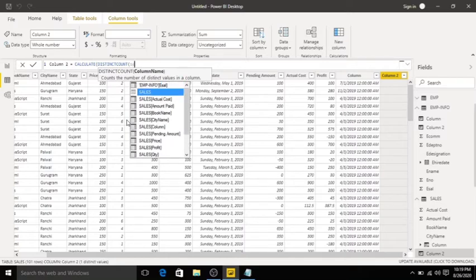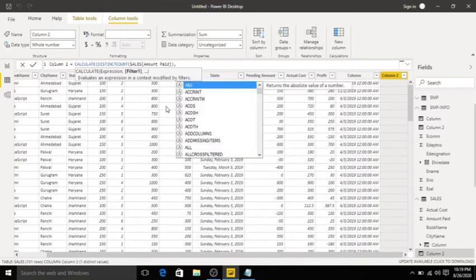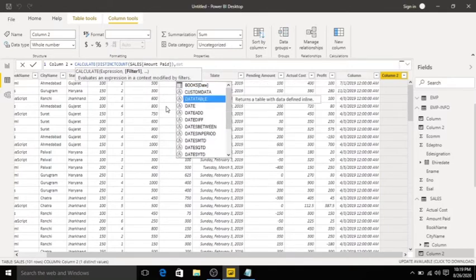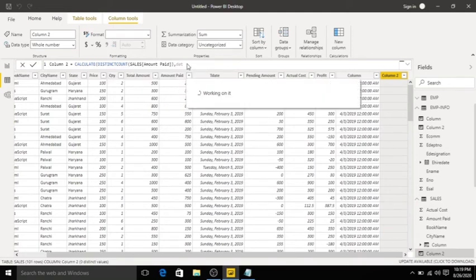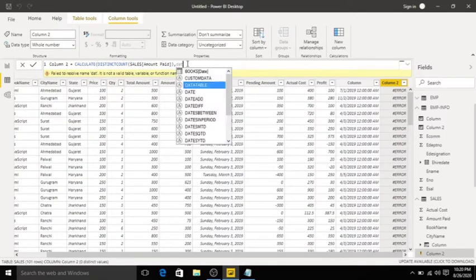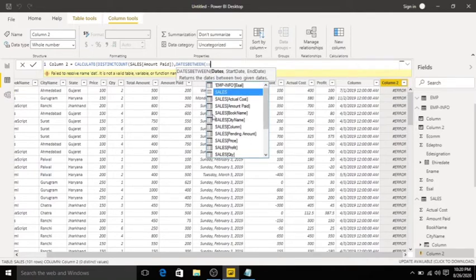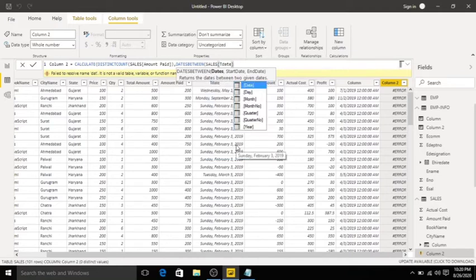Sales of amount paid I will provide, click tab, comma DATESBETWEEN, click tab, Sales of transaction date, like the start date.